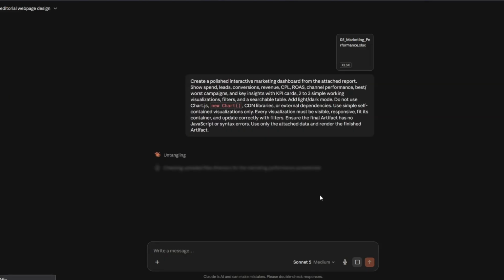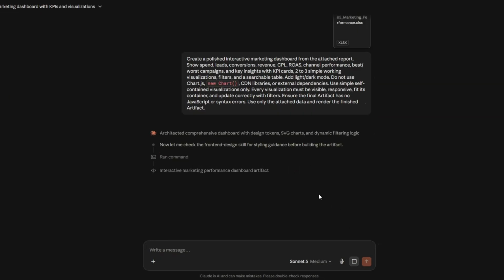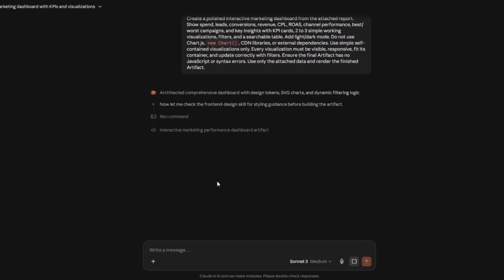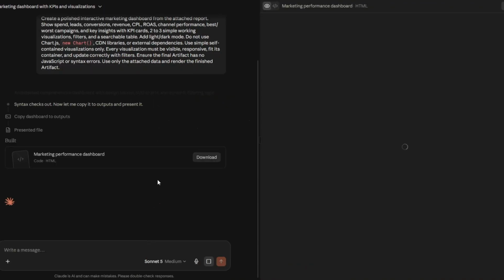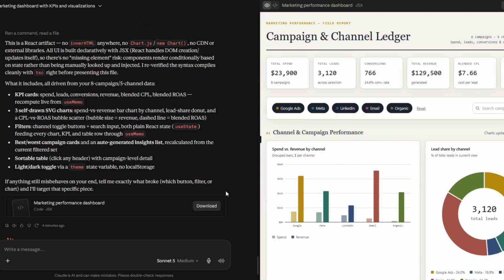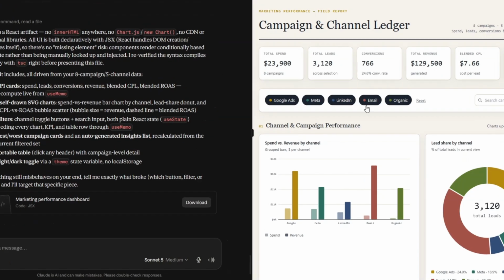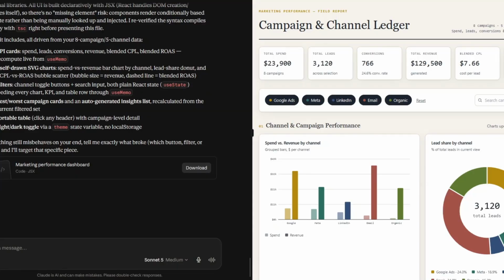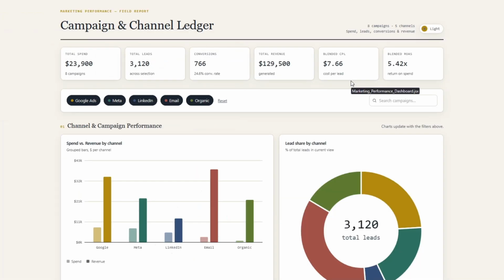Give it a few seconds for it to generate our dashboard for us. Here you can see it successfully generated our marketing performance dashboard using Claude. This is incredible. Here's what is included in the dashboard. We have KPI cards, a results table, SVG charts, filters, best and worst campaign cards, sortable columns, and a light and dark toggle. This is incredible. So I'm going to expand this right here to preview our